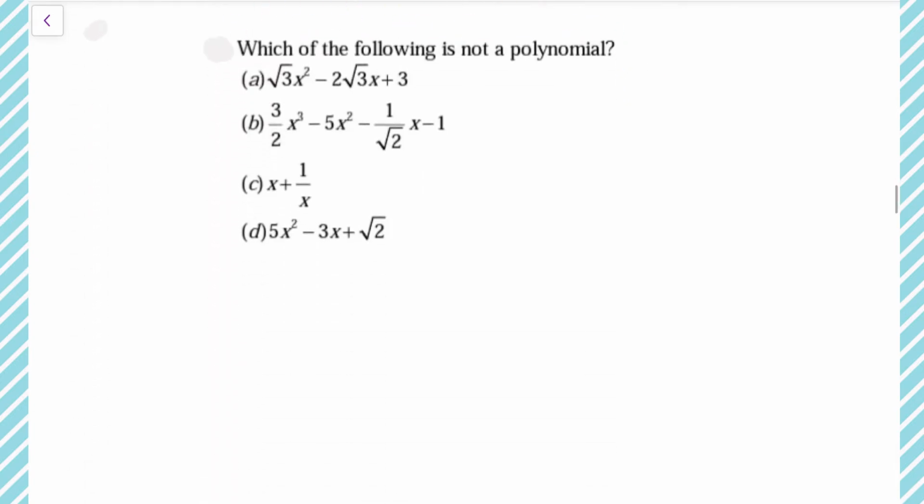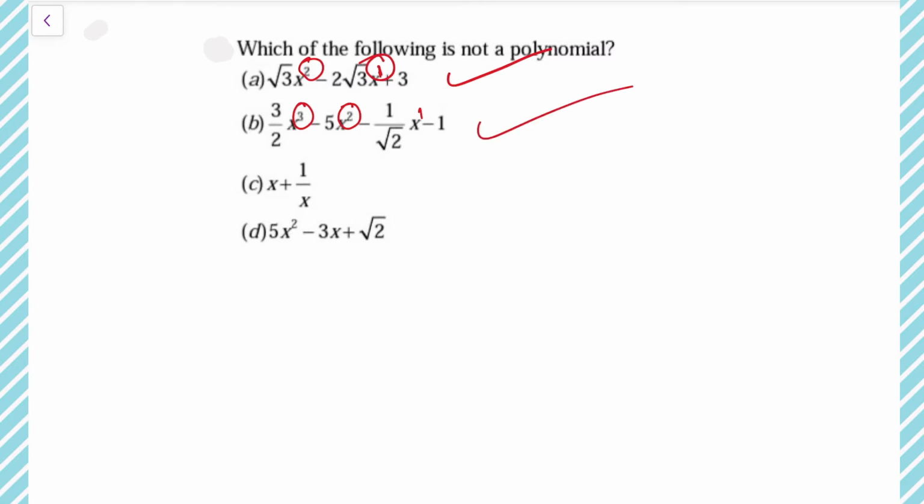Moving to the next question, which of the following is not a polynomial? So which expressions are called polynomials? First of all, for any expression, if we observe the variable, if the power of the variable is a whole number, then only it is a polynomial. Here for x the power is 2, which is a whole number. Here for x the power is not written, meaning 1, so that is also a whole number. So both the powers are whole numbers, then it is a polynomial. X cube power is a whole number, x square power is a whole number, here nothing is written, meaning 1, which is again a whole number, so polynomial.